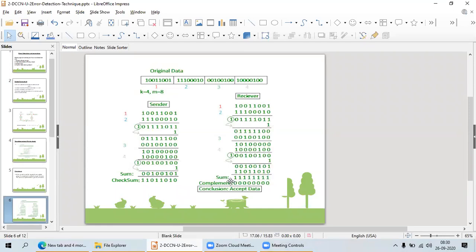Now if he gets all ones, he has to make the complement. If he is getting all zeros, in this case only he is going to get acceptance. Otherwise he is going to throw that original data into the dustbin. He will ask the sender to resend it.